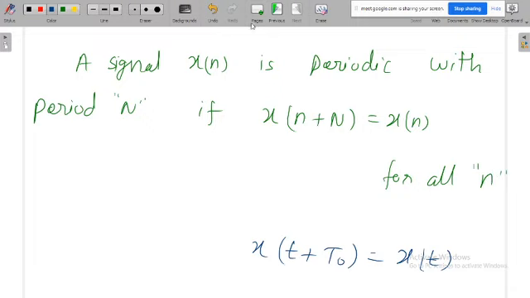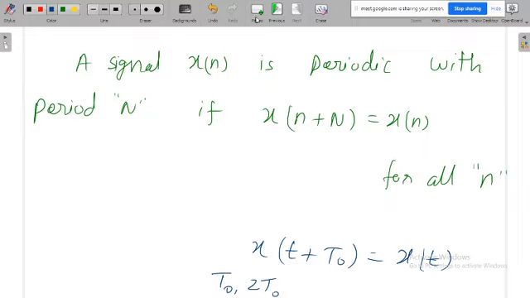And you know one more thing. When t naught is a period for a particular signal, then 2 t naught will also be a period for the same signal, and 3 t naught will also be a period. So if t naught is the period of the signal, the multiples of t naught will also be periods of the signal. But out of these we call t naught the period because t naught is the smallest of all the numbers. So what do you mean by time period or fundamental time period? It is the smallest value with which the signal is getting repeated.